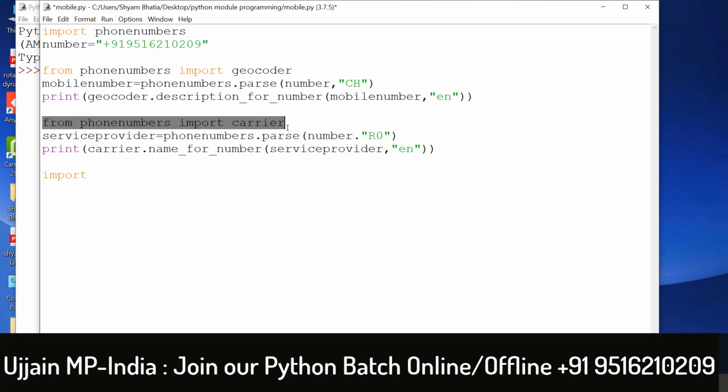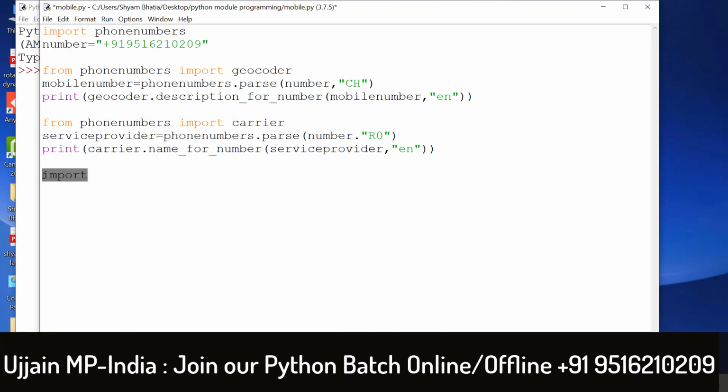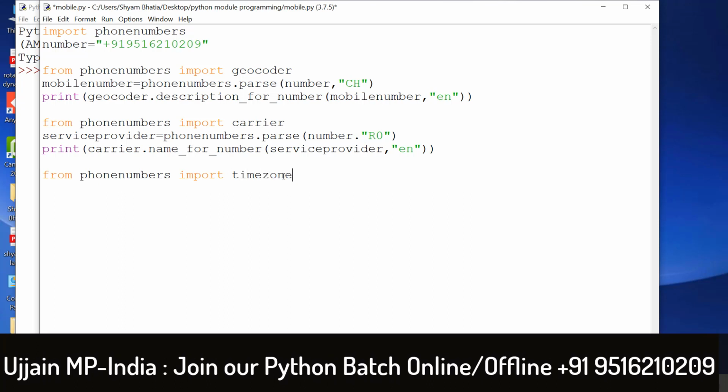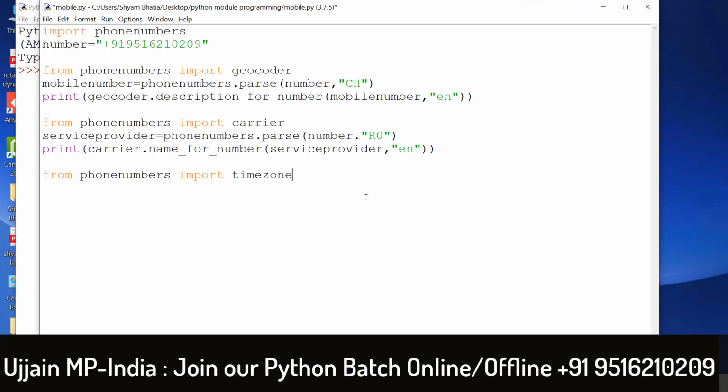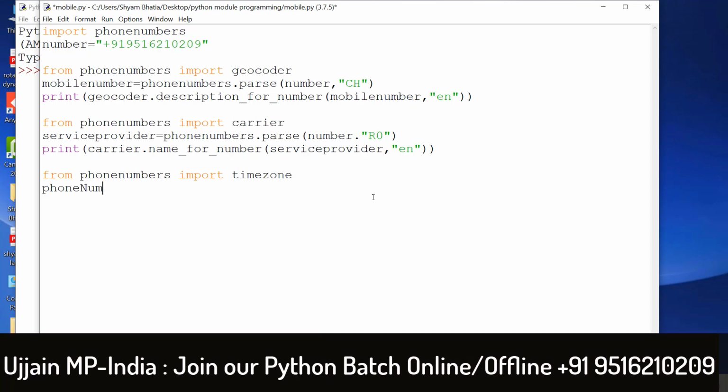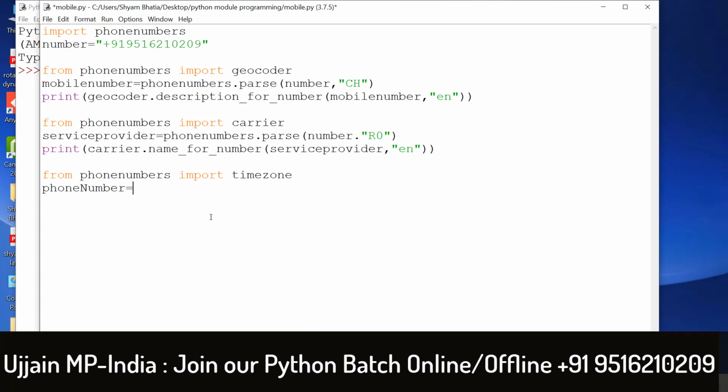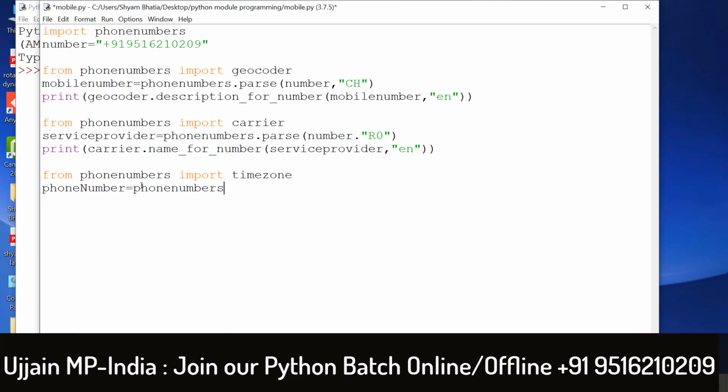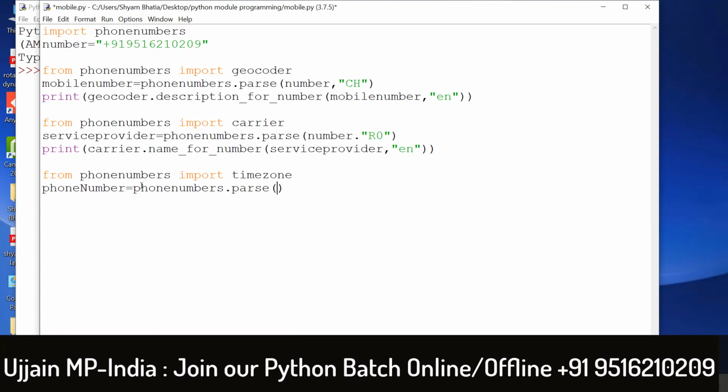Okay, now I will pass not carrier, I will import the time zone. Here I will pass the time zone. Okay, and after that you can take phone number, because I have this variable name, and here you will copy this thing and parse again the number, because this string must be converted into the digit number.